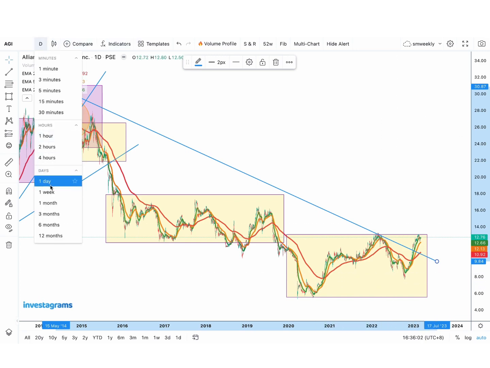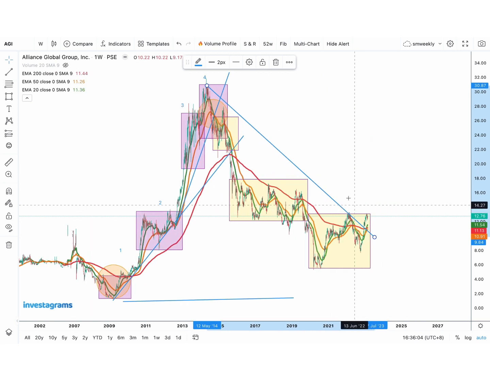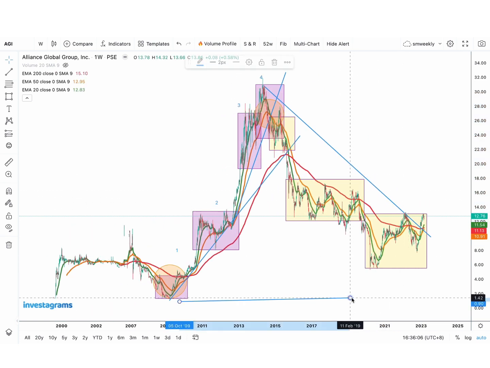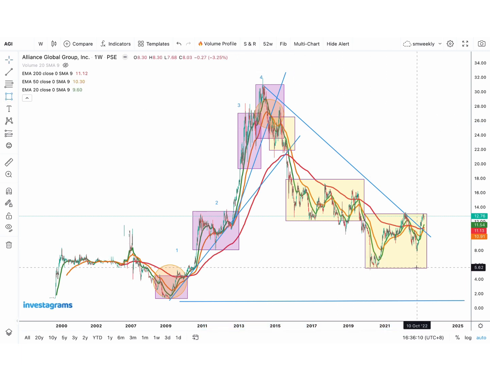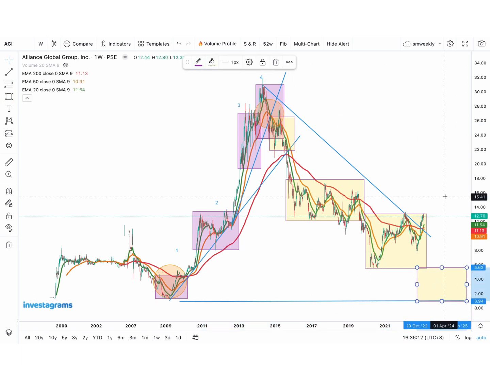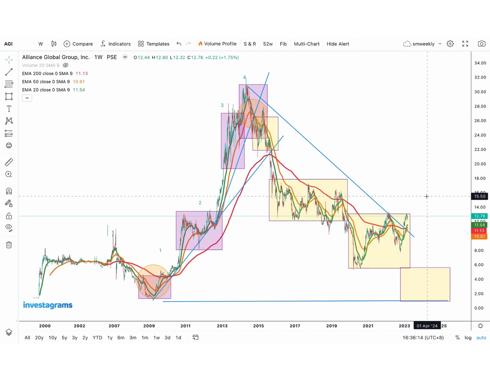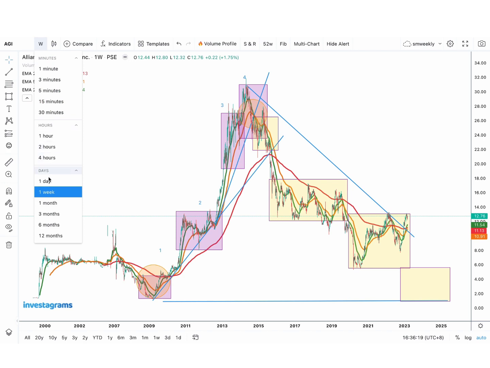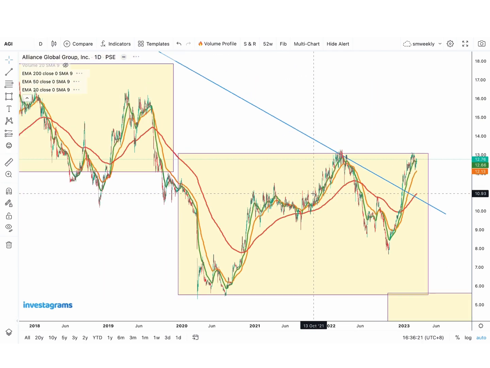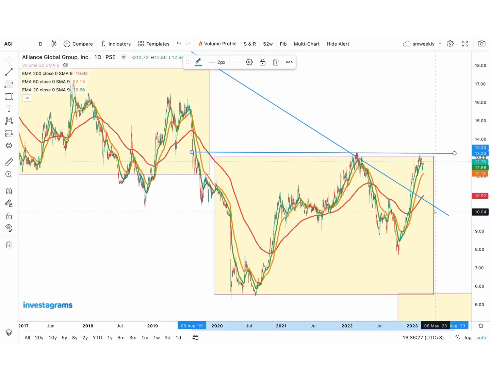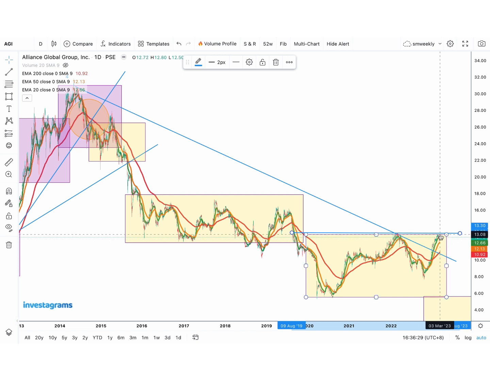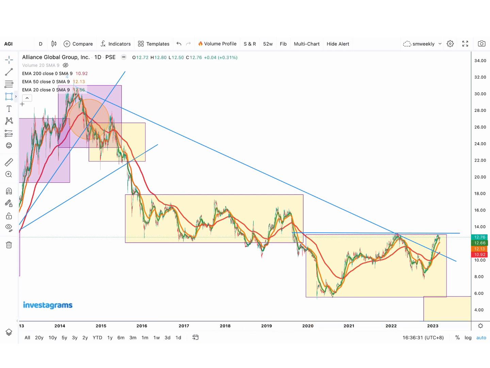In this case, although price is above the downtrend line, it's still not above the box. The box is serving as range resistance for the price. So we can still possibly see price go back down here if it could not break above that resistance line. If you look closely, there's a buy signal, but there are so many false signals here. This is the line it has to break. It has to break above that